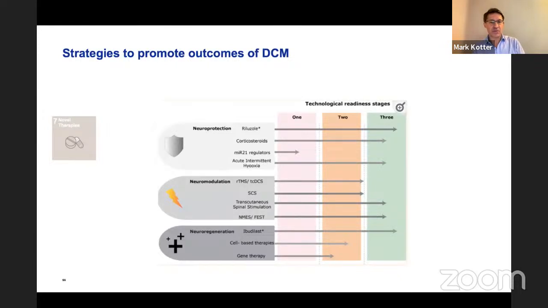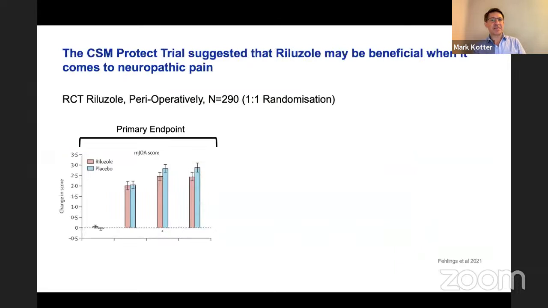I will comment on two. A recent trial that looked at riluzole as a neuroprotective drug, and also a neuroregenerative treatment paradigm. So let's start with the CSM Protect trial. This was a trial that was headed by Michael Fehlings. And what they found,